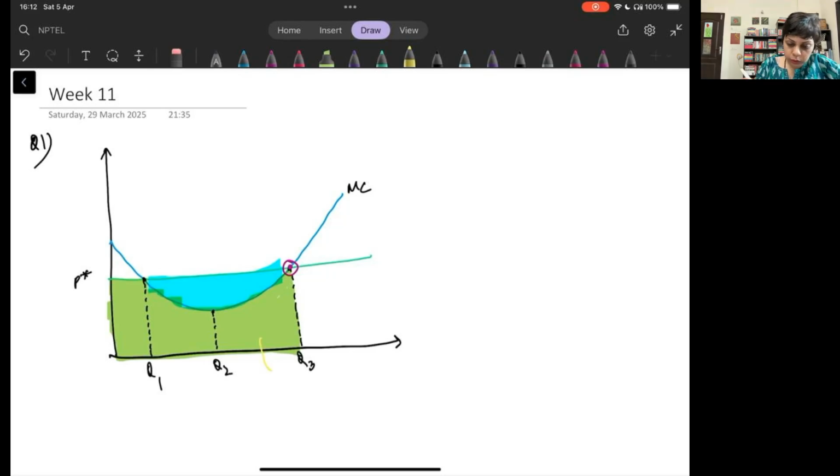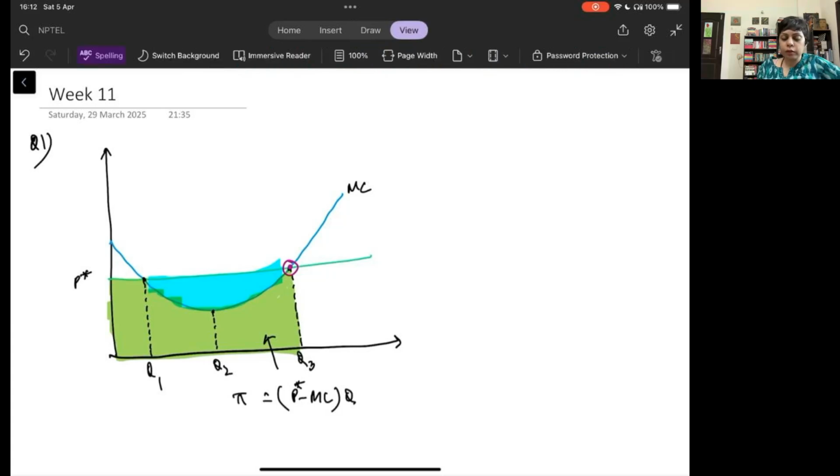Use a different color. This area is P minus MC, or you can say P star minus MC into Q, which is profit, right? So only in this area can the firm make positive profit. Beyond this, if the firm increases